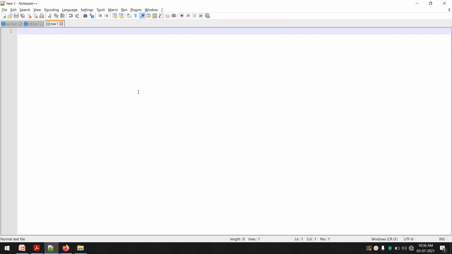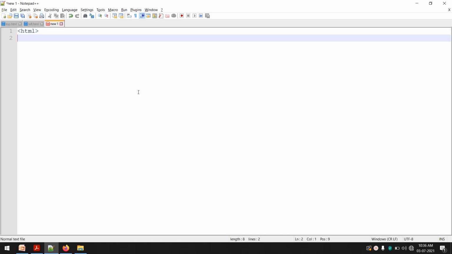Now to create a frameset, as I've said, you have to start with an HTML document itself. So we will start with an HTML document. So I'll say HTML. Then we will include frameset now instead of body.